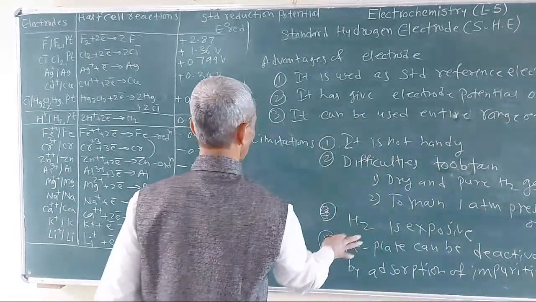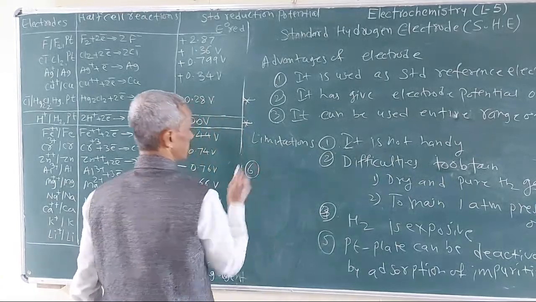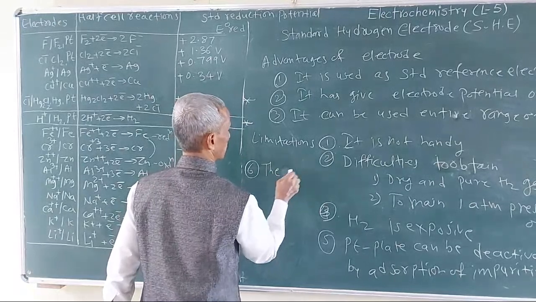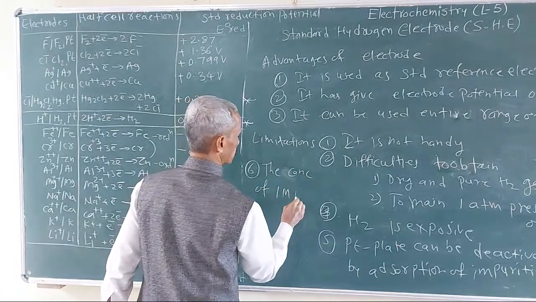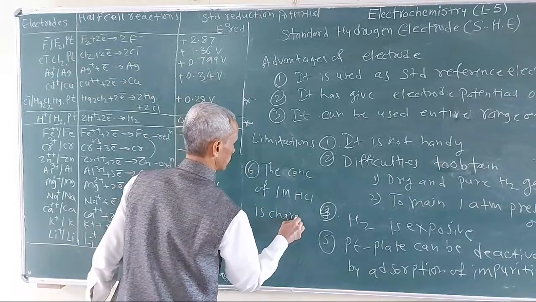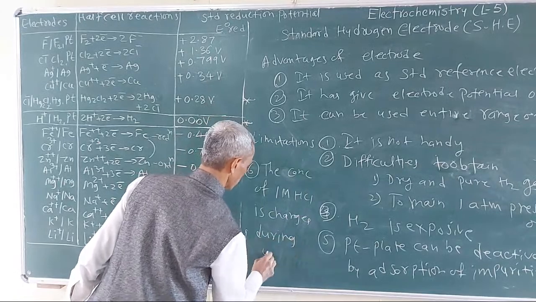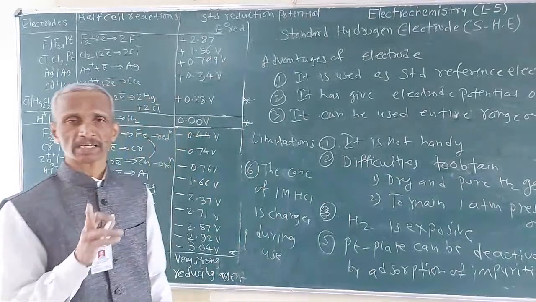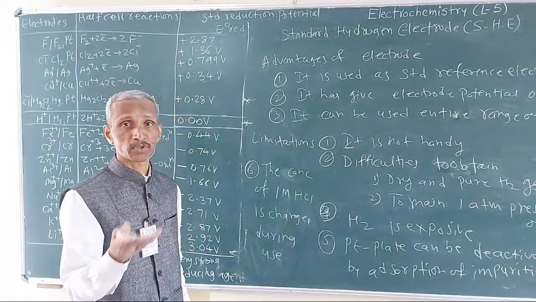Also, one more limitation is that the concentration of 1 molar HCl, that is the activity, changes during use. Okay, so these are the limitations, and because of these limitations, this reference electrode is